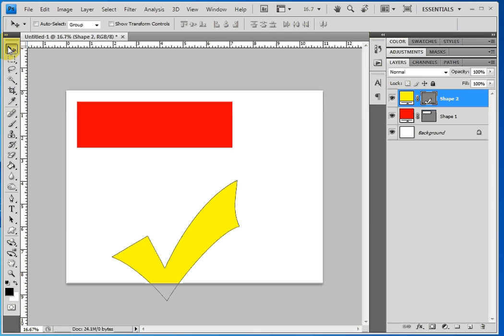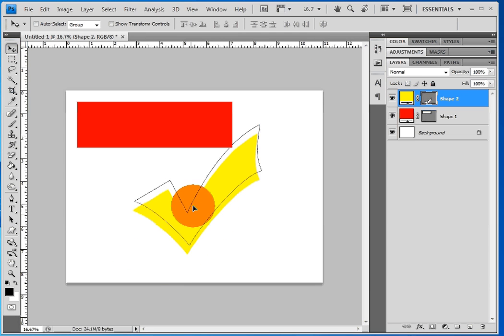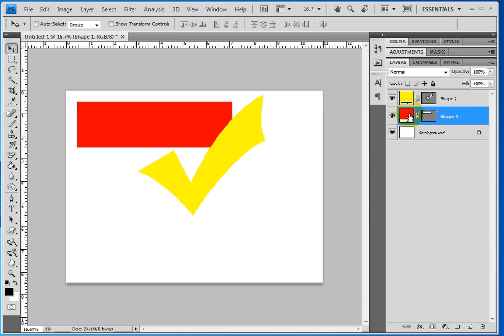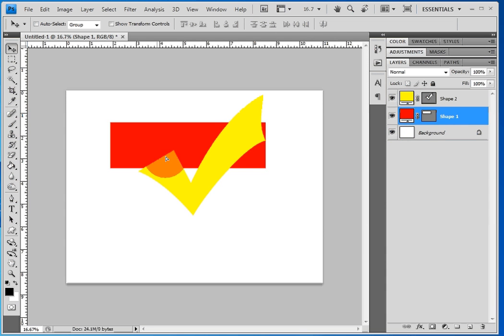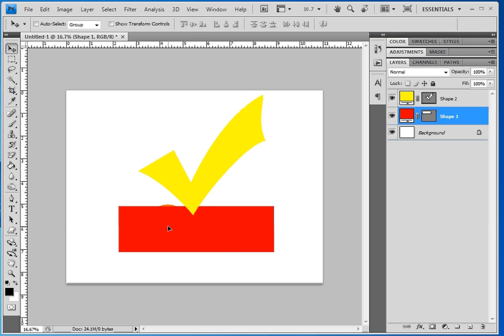I click on the red box and move it down so it kind of looks like the check mark is sitting on this red box line. So I kind of like that. That looks good. I just want to mention one other thing in selecting your foreground and background colors, since we talked about that this time,